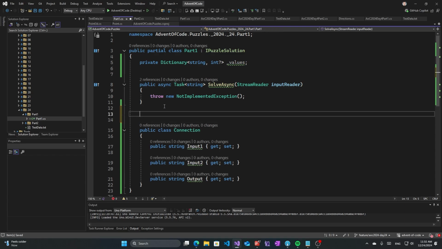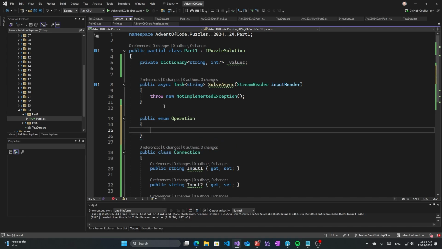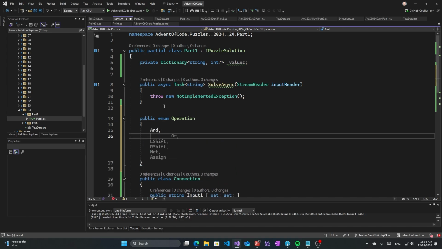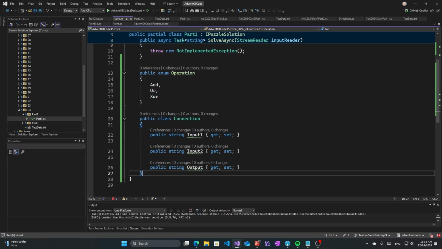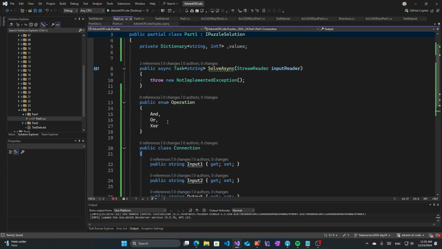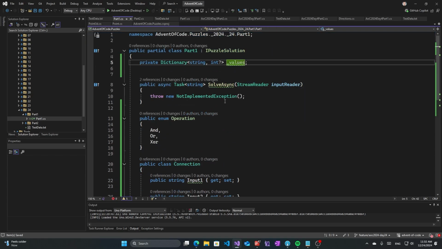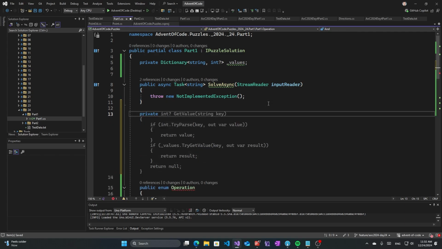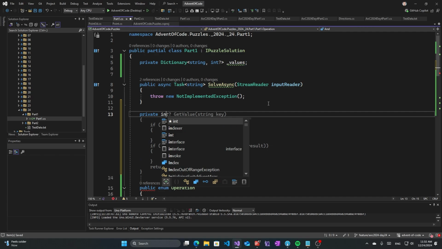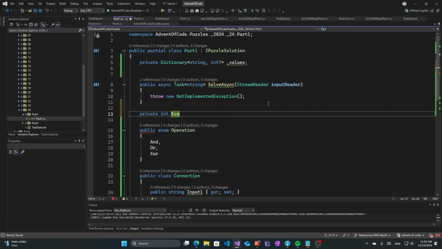So we'll have a public enum operation: AND, OR, XOR, and then we have the values. So I have some kind of private int evaluate,